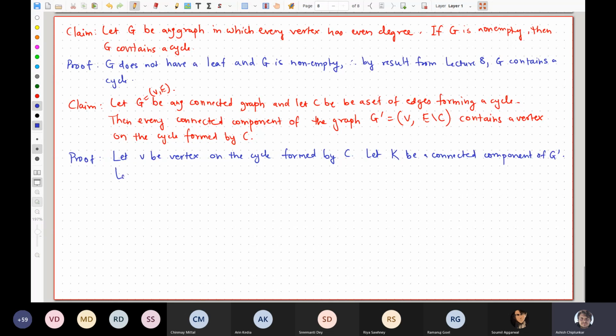Let u be a vertex of K. Since G is connected,